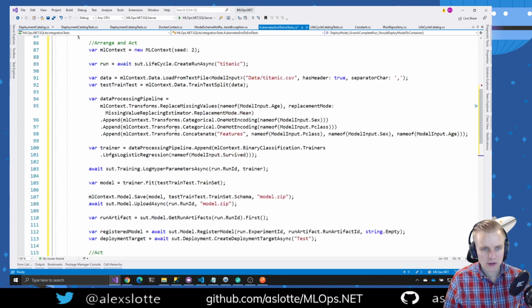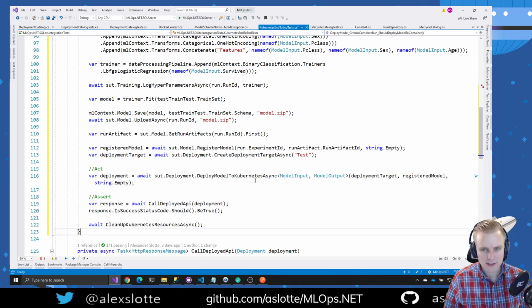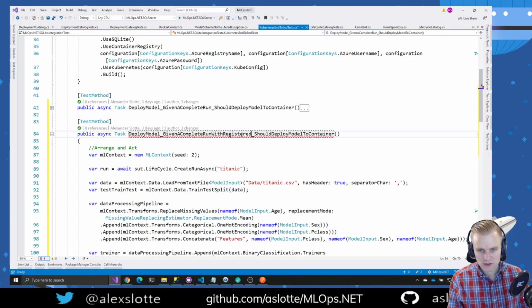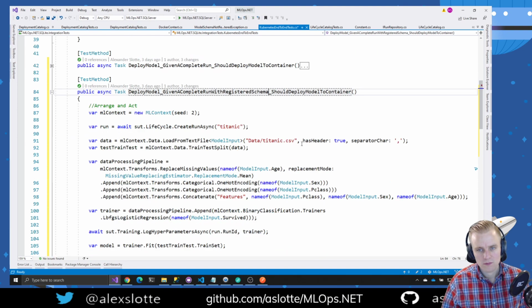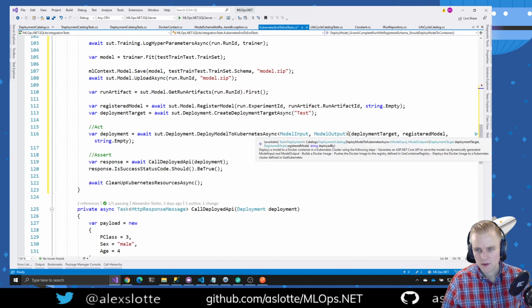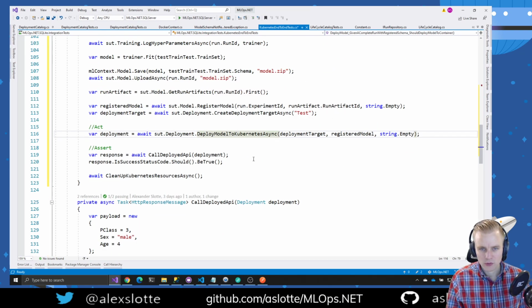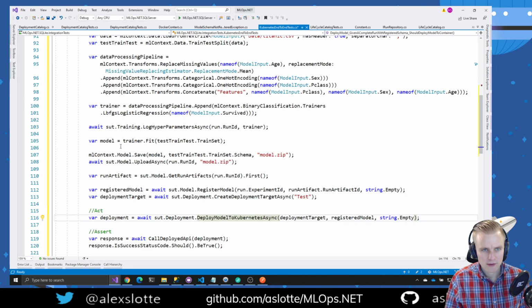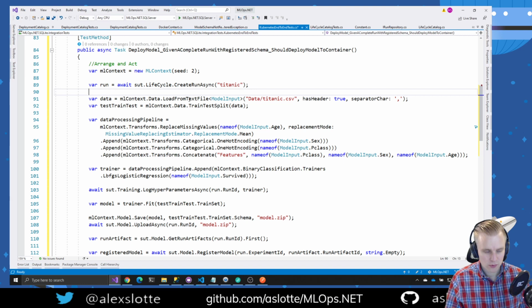And what we can do here is have the same one, but instead of passing it in like that with registered schema, I always want to make sure we get this working, you know. So what we'll do is we will create